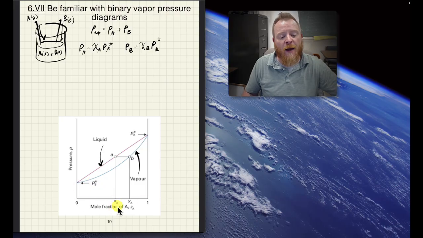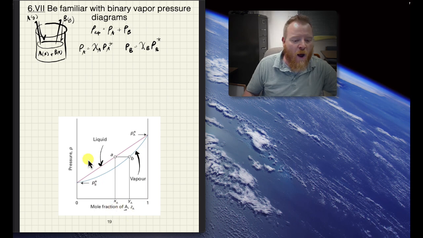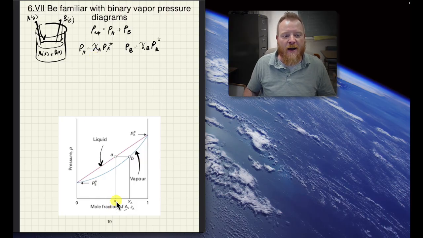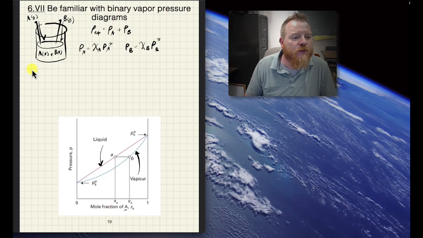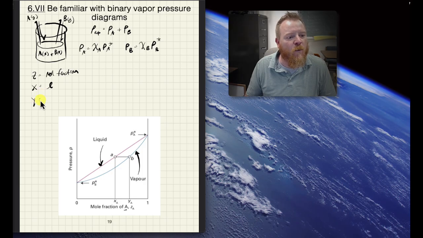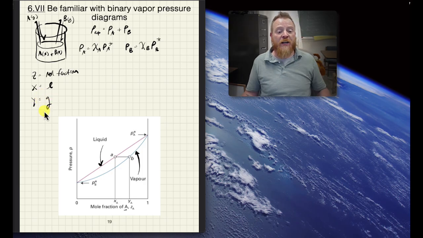And so this is in reference to the mole fraction of A, and you notice here that we've got the ZA, XA, and YA. I use the Greek letter chi because that's pretty standard. Sometimes we see X used as well. So Z is our mole fraction, and it's generic. X, or chi, is specifically the mole fraction in the liquid, and Y is specifically the mole fraction in the